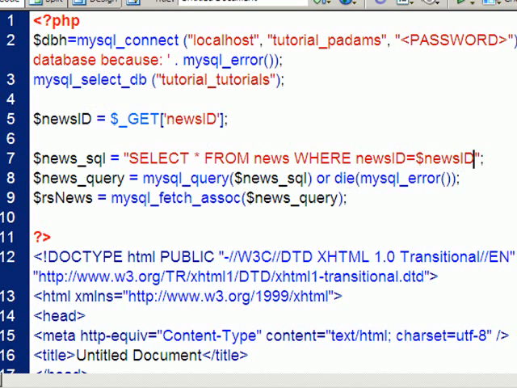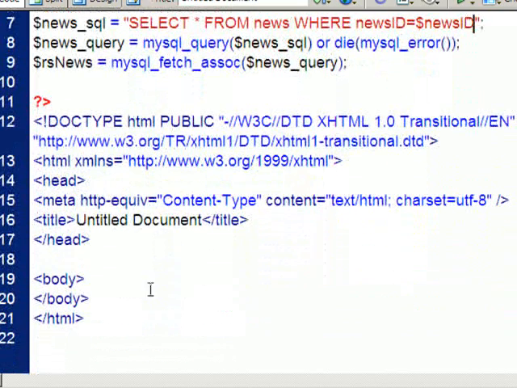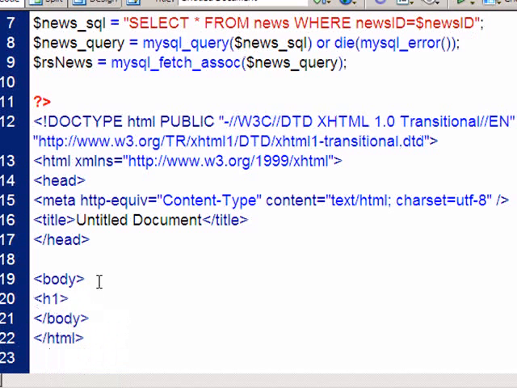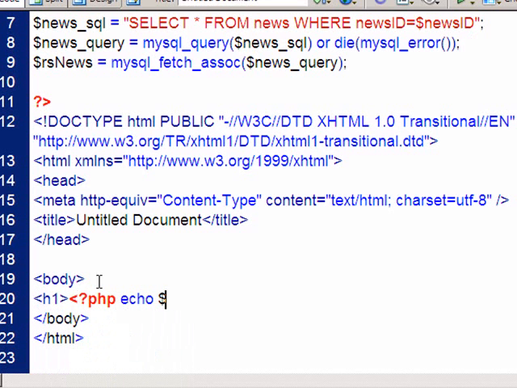Right. Now, that's pretty much all you need to do in terms of filtering and getting the information. The next step is to display it on the screen. So I'll come down to the body of the web page, and I'll just format it basically. I'll just put the headline inside an H1 tag, and I'll just go, where are we here, PHP, we'll just echo in the headline